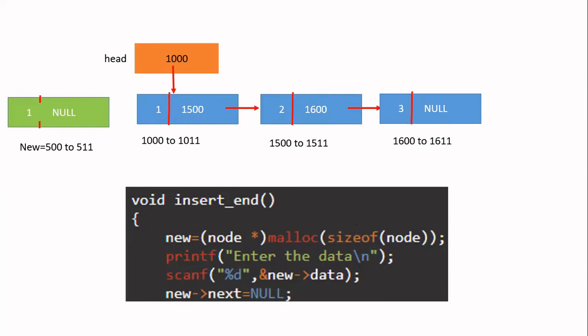How to check whether the node is the last node or not? If you see the next field, all the nodes other than the last node will have some value in the next field. Only the last node will have null here. So you have to start from the head, visit all the nodes one by one, and check whether the next field is null. If the next field is null, there you are going to insert this particular new node, because null is the last node. So instead of that as the last node, you are going to make this node the last node.